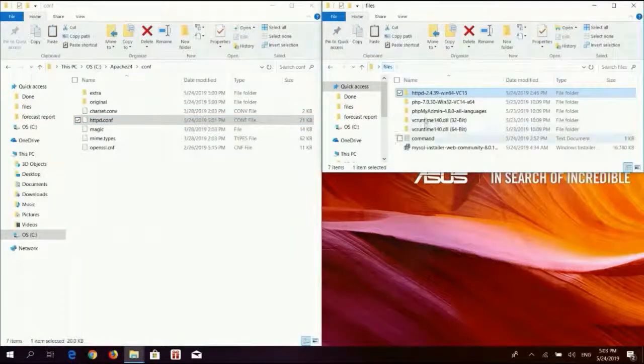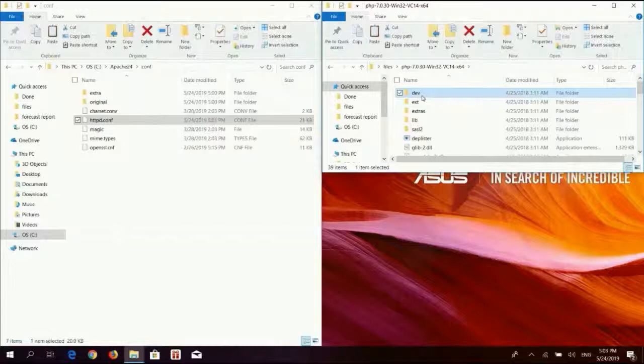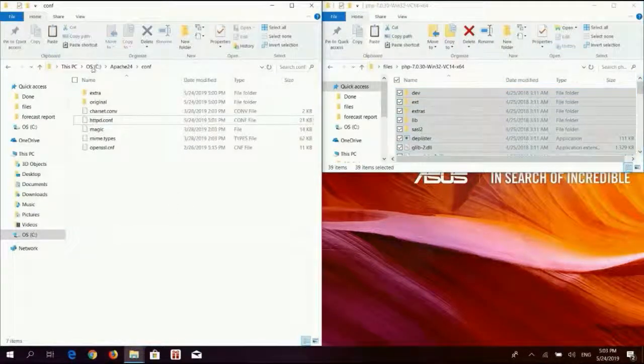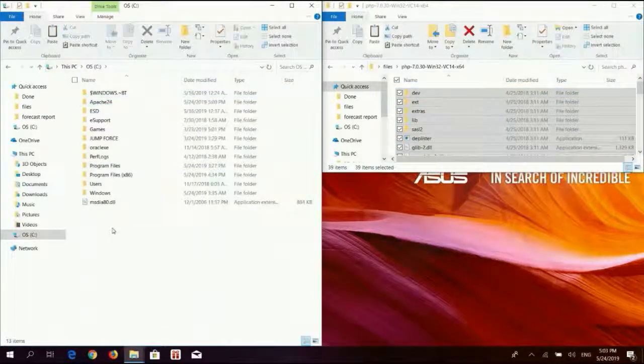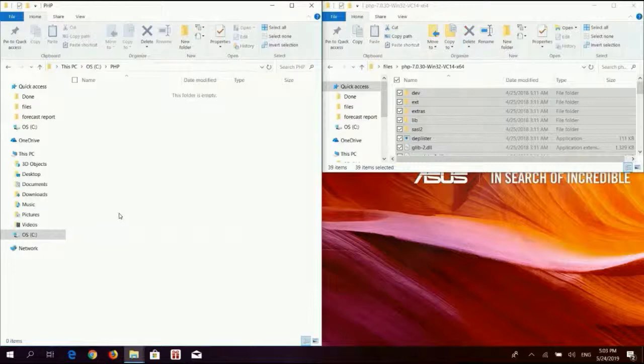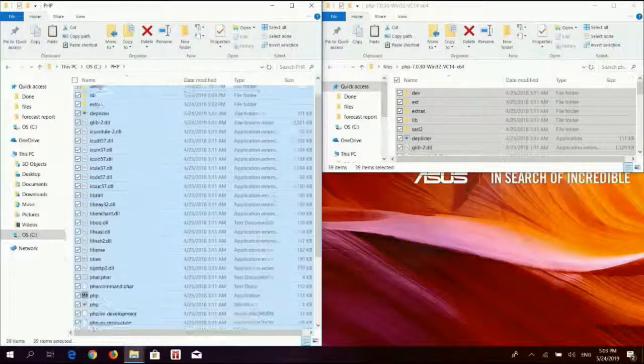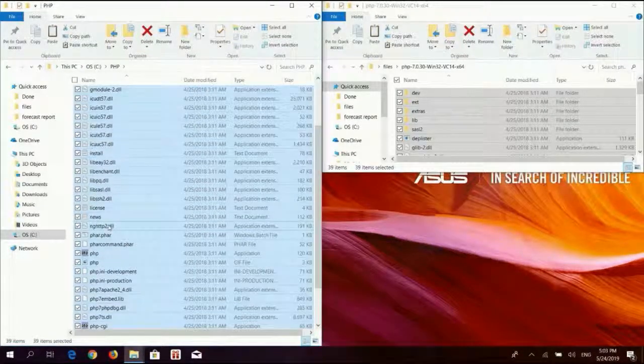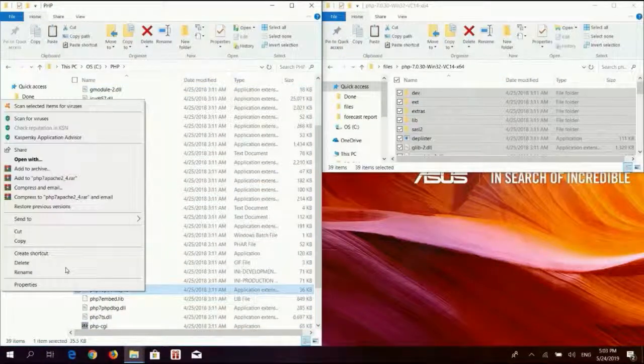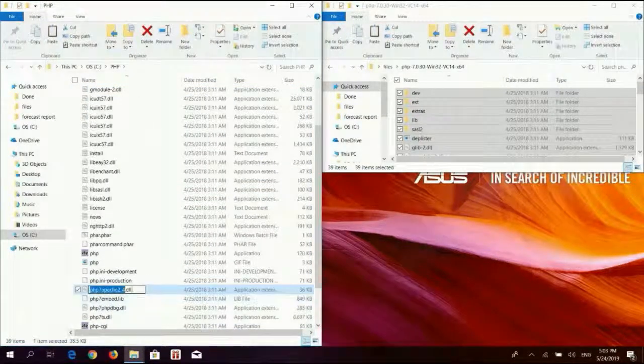And now, to set up the PHP, we will go to the PHP folder that we downloaded and copy everything inside it. Then we will create a new folder in directory C and name it PHP, but it does not matter if it's in capital format or not. Then paste everything inside this folder. After that, copy the name of this file. Then we will re-edit